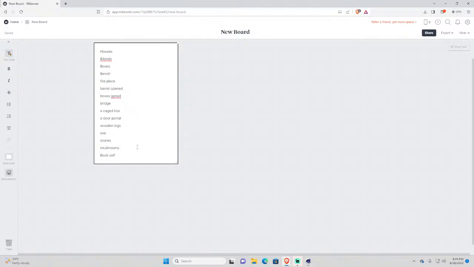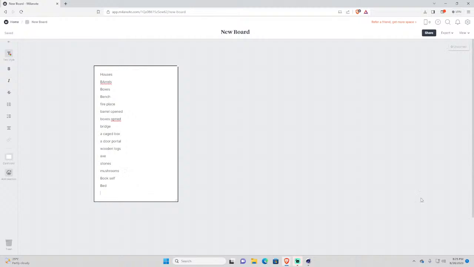Bookshelves. How do you spell it? Bookshelves. Bed. Don't forget the bed in the house. Lamps. We'll create lamps and stones. Stones are here. We've already done that. Windmill. We'll create a windmill